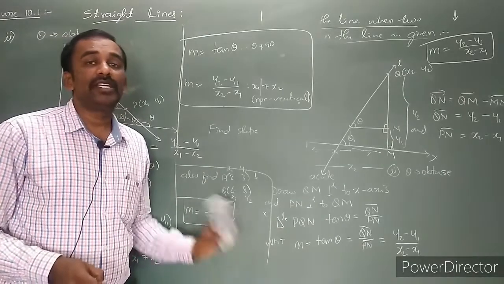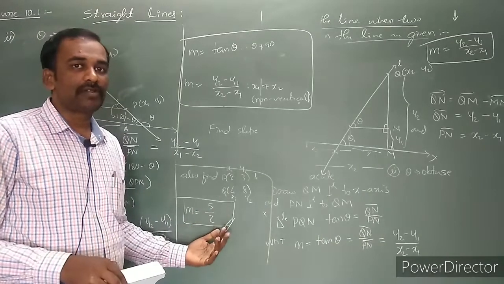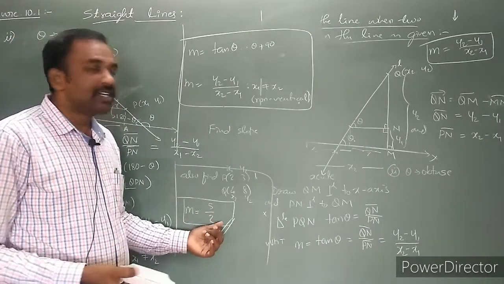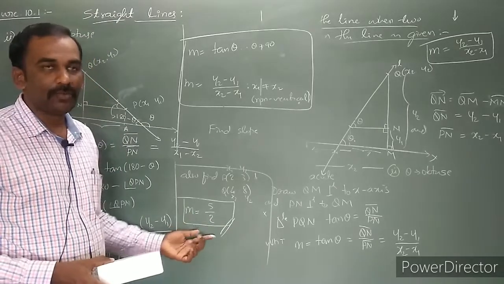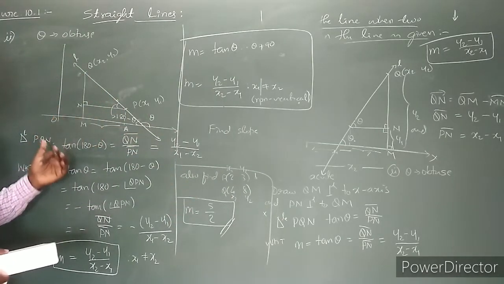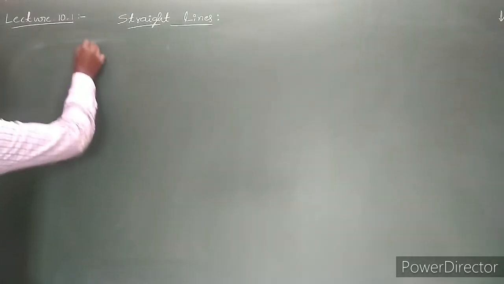So the slope is always a real number including 0. 0 might be why? Because the slope of the x-axis is 0. For that reason, including 0, whatever the real number, it will come. Are you clear? So practice this derivation, the definition of the slope of the line, and the given conditions. Next point is